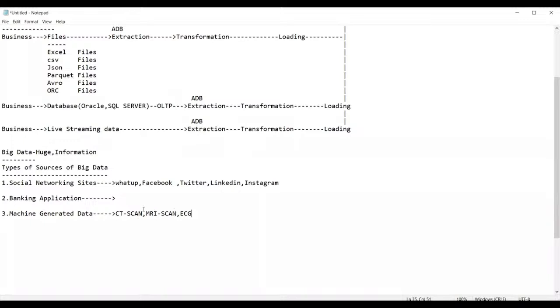So this kind of data is also considered big data, that means a massive amount. The CT scan machine generates a very massive amount of data. So that is nothing but called what? Machine generated data. Any machine which generates data is called machine generated data. That's it. Then afterwards,